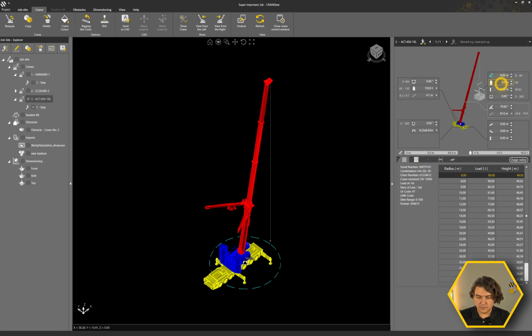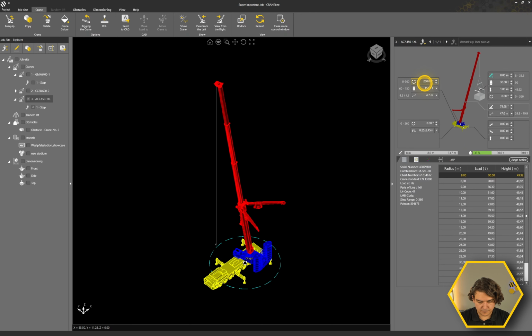Let's assume this crane has a load on the hook with about 30 tons. And we're also going to assume that the load will be picked up on the left side of the crane, somewhere really close to the crane itself, right? And let's say this is our first step and this is the setup. So what we can do in this case is add a remark at the top. We can just call this setup if you want, and this will automatically change the name here in the Explorer as well.